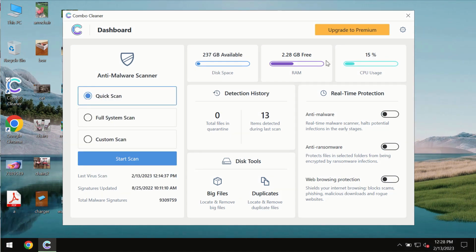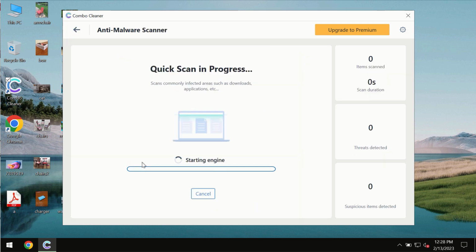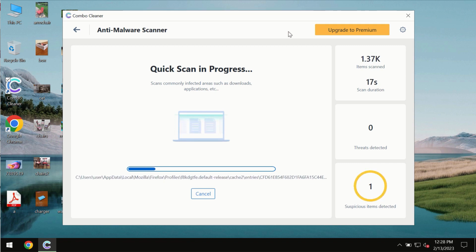After you successfully download and install the software, it will initially be in the trial mode. In the trial mode, only the quick scan option is available so far. You need to click on the Start Scan button, and most likely the program should first of all update its anti-malware database, which is of course definitely essential for proper detection and removal of any malware, ransomware, adware, or other types